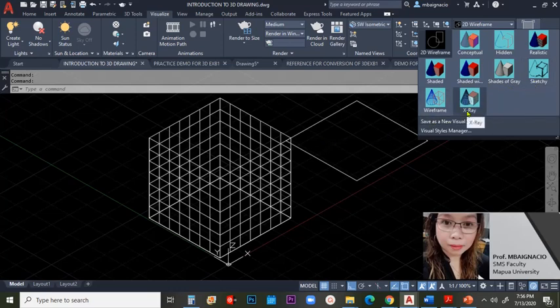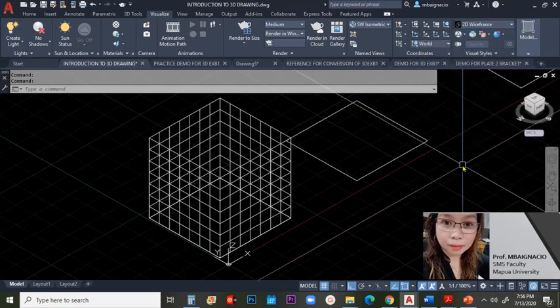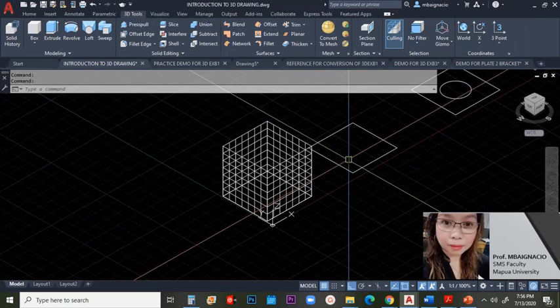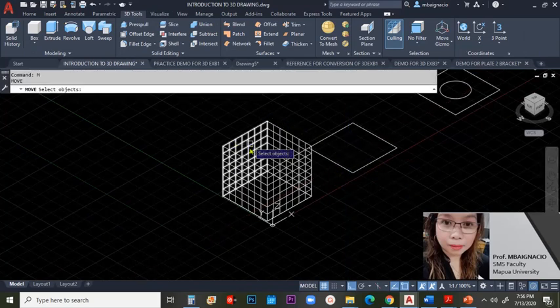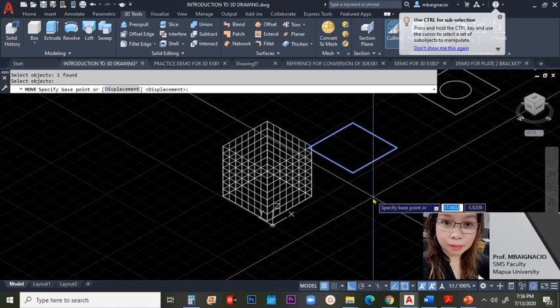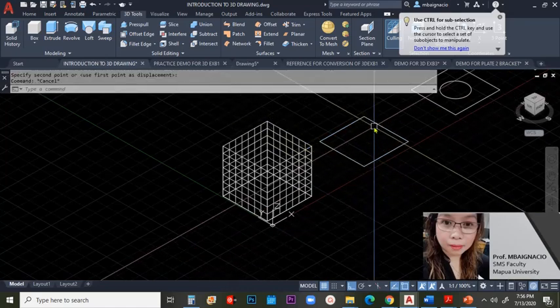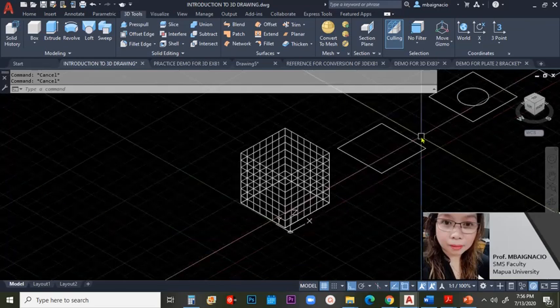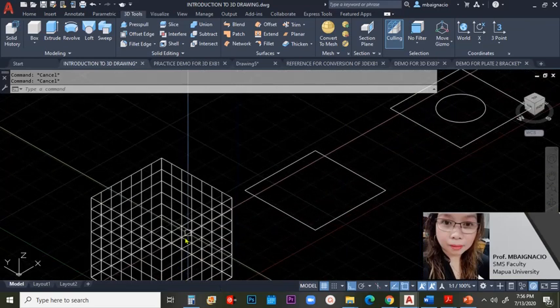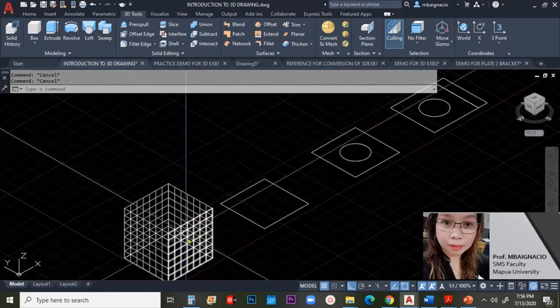Now in 3D drawing, in my case, I usually make use of either realistic or x-ray. I usually use x-ray in order for me to see the transparency of the inner area of your detailed illustration. Moving on, let's go back to the next box. The next box is a pre-edited box, or a polygon. So meaning to say, we just have to perform the command extrude using the same input value for the height here.